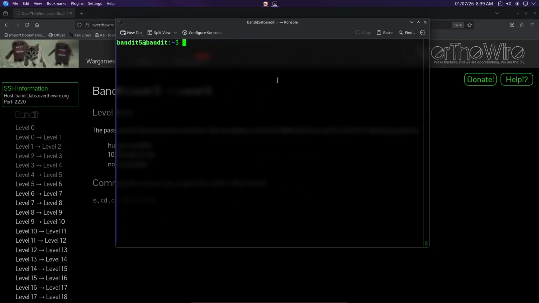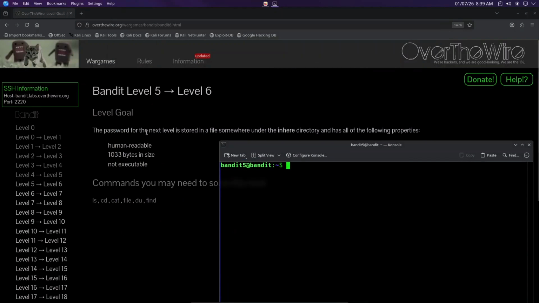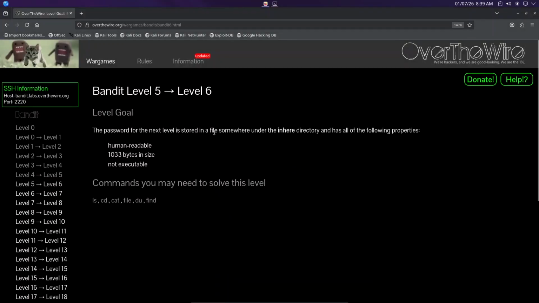and you are here. So what we have to do: the password for the next level is stored in a file somewhere under the inhere directory and has all the following properties. That is human readable, 1033 bytes in size and not executable. Okay, so